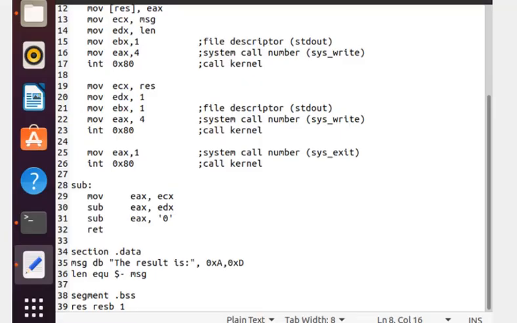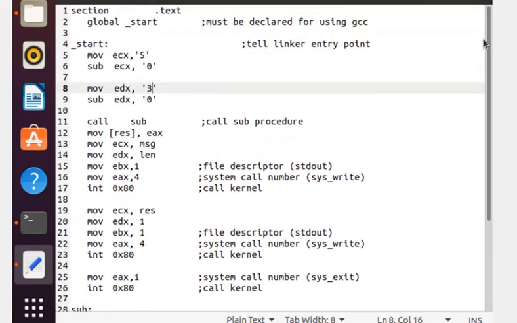Now students, let's go through this simple example which will tell us how we can implement procedures in your assembly language. This is a simple program in which we use a procedure to perform subtraction of two variables. So let's go through this program. As you can see in your data section, I have defined one initialized data and there is one uninitialized data. Uninitialized data is used to reserve space for your final results. Now let's move on to our text section, or you can say the code section. In the code section, I have defined two variables.